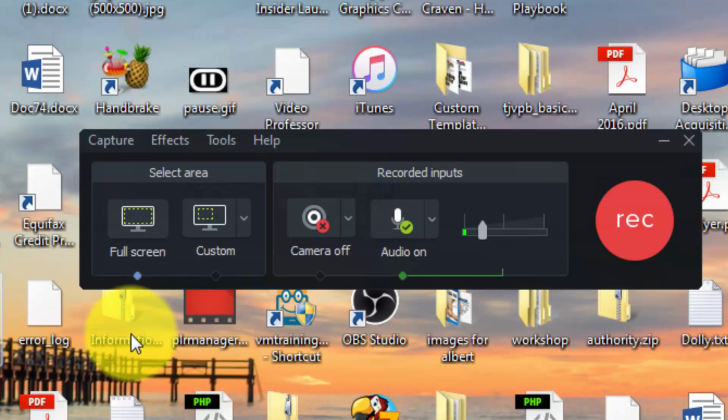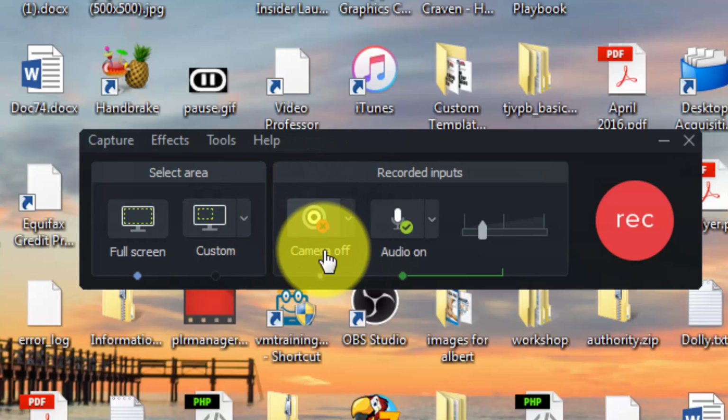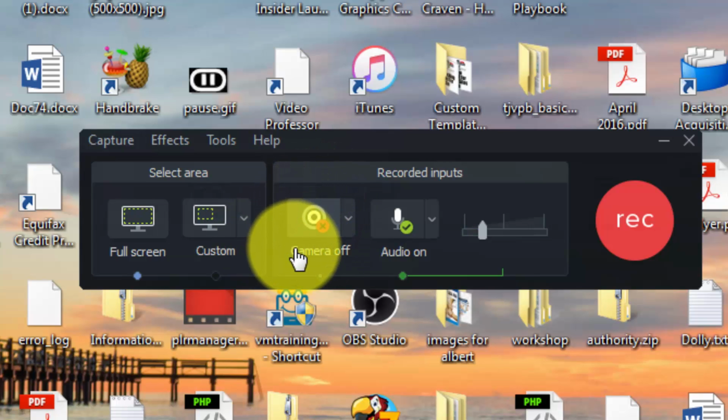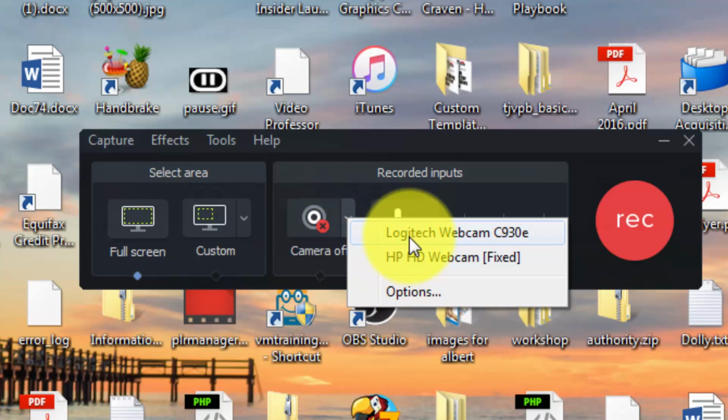Now anytime you do a screen share video, you can actually add in your image or your talking head video of yourself. And you do that by using this feature, which is your webcam or your camera that's set up with Camtasia. Now what you'll need to do is take the drop down arrow and choose one of these webcams. And once you do that, then you'll be able to record your webcam along with the PowerPoint or along with